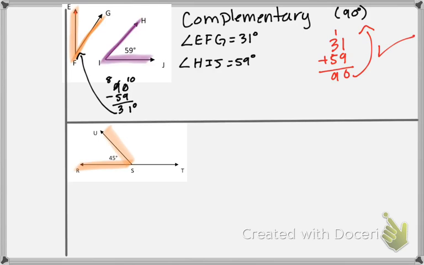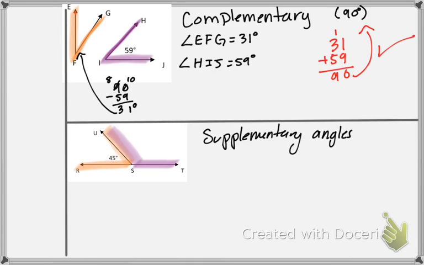and angle UST. Together, they make 180 degrees, so I know they are supplementary. Right, and so they add up to 180 degrees. Okay, and so we got the orange angle, which is RSU, and that gave us 45 degrees for that one. And the angle UST, they don't give us, right? But I know together they add up to 180, so we can subtract the orange angle to get our purple